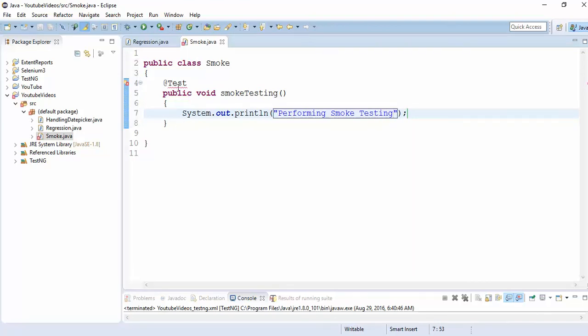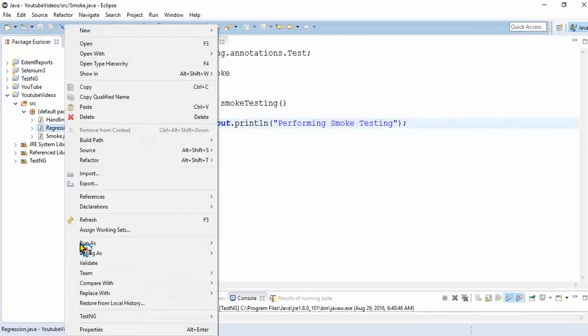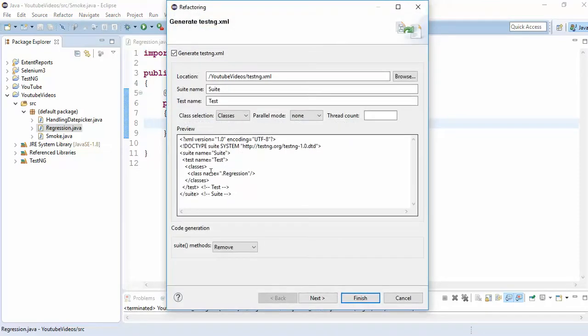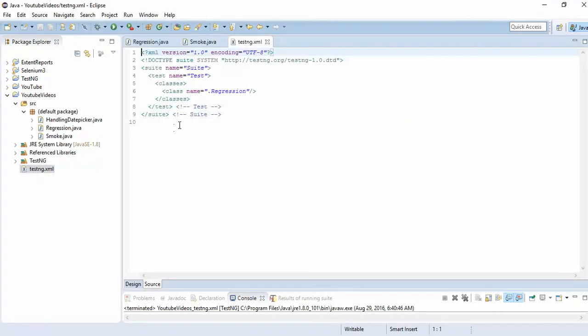Now I want to generate a testng.xml file to run these tests. Right click, TestNG, Convert to TestNG. Now it will convert to TestNG. If you go to the testng.xml file, you can see one test called test.